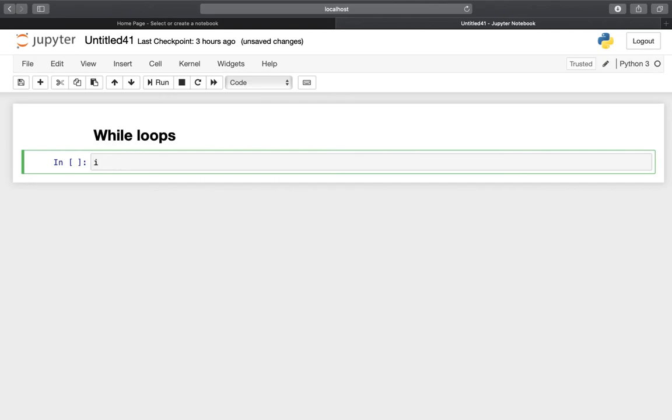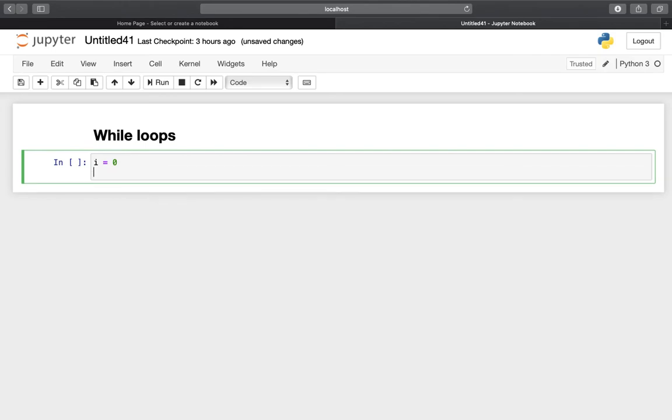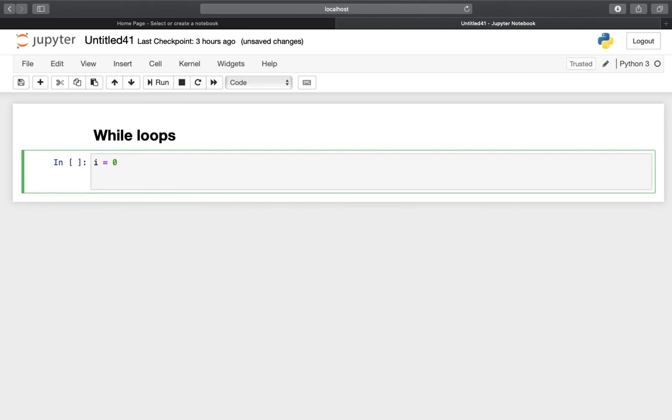Well, I have to define my starting point, and that is i equals 0 here, okay? And now I'm defining the while loop. So what is the syntax behind a while loop? You're typing down while, and now you have to define the condition until the while loop is running. So that would be, in our case, i is smaller than 10, because we want to count until 10 here,